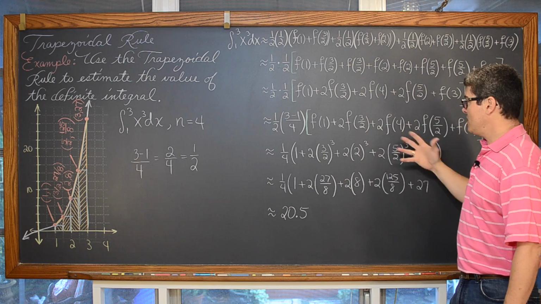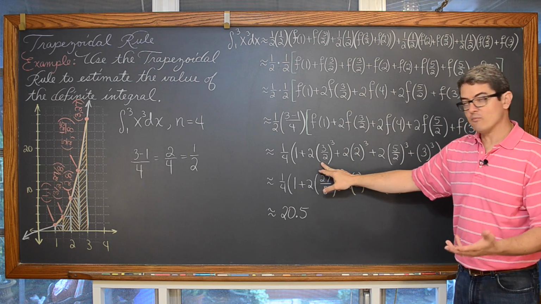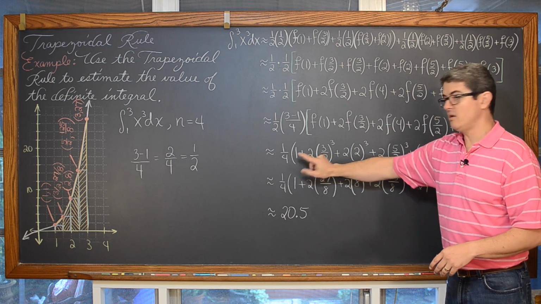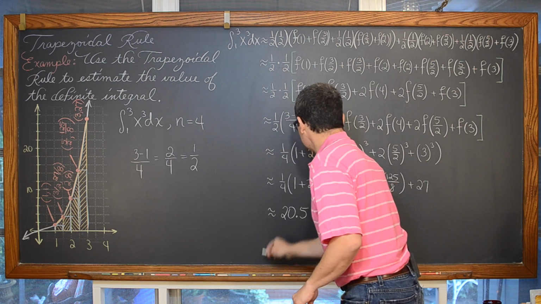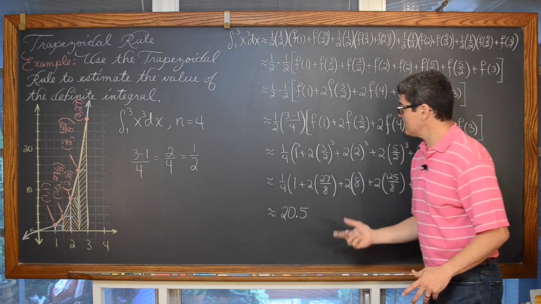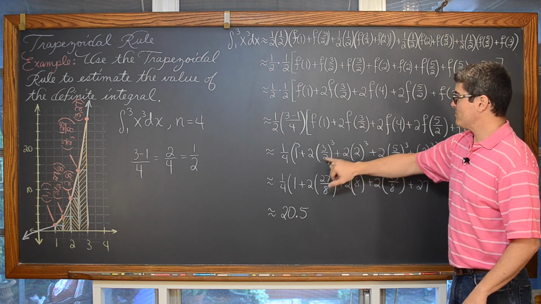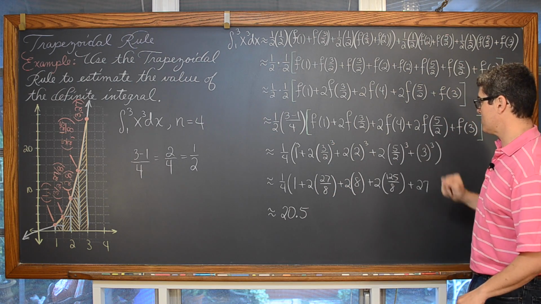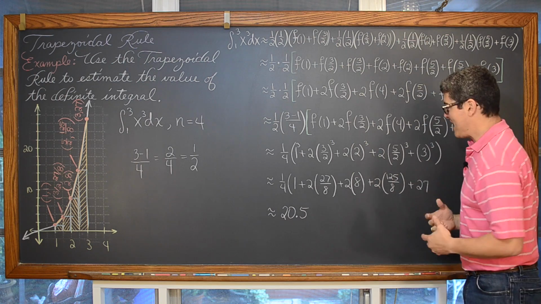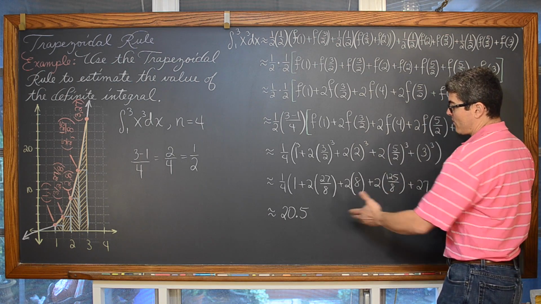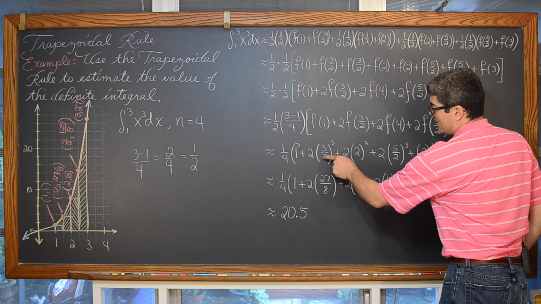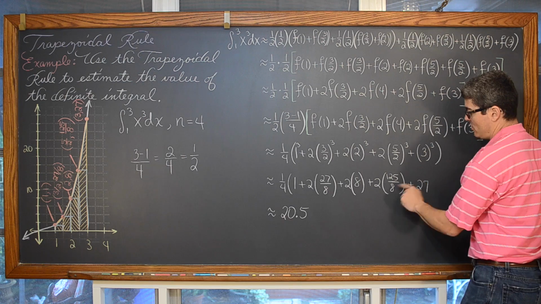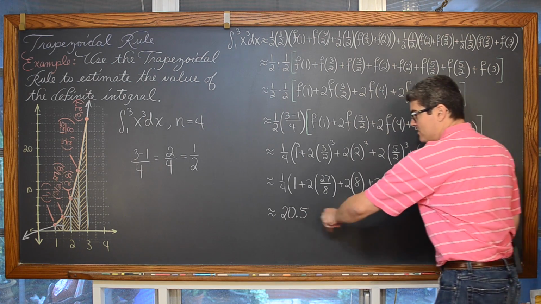And then finally, let's take the function out and remember that the function is simply x cubed, so 1 cubed. I maybe should have put a 3 on that just for academic purposes. And then we're taking the value of 3/2 and plugging it into, again, the function x cubed, and the next value of x cubed and so on. Now, putting those actual y values back into the problem that I had in our discussion, 3/2 cubed is 27 over 8, 2 cubed is 8, 5/2 cubed is 125 over 8, and we come out to